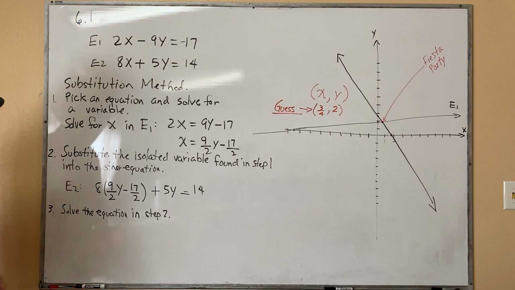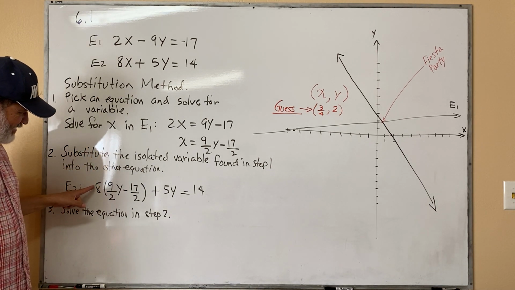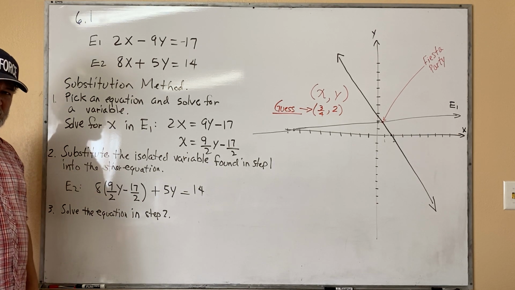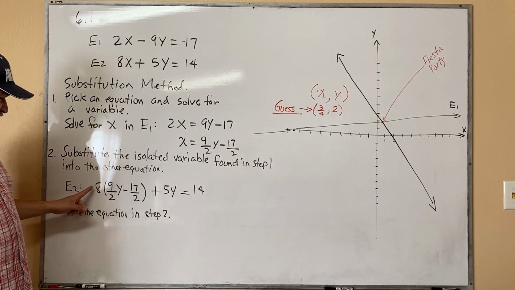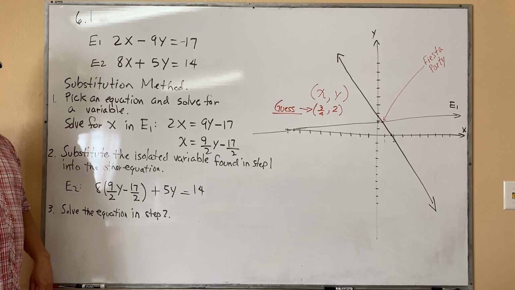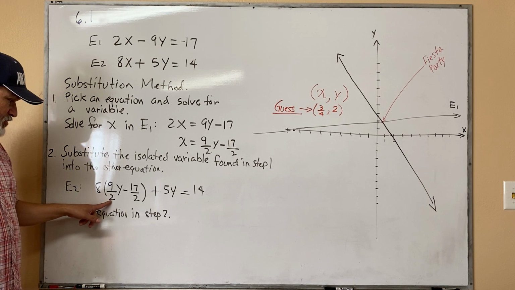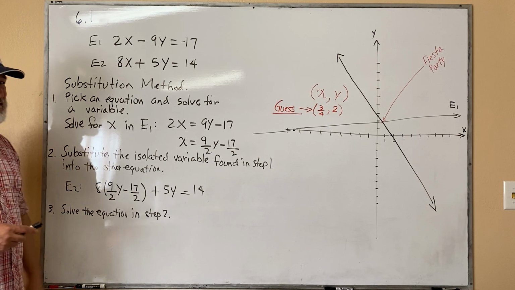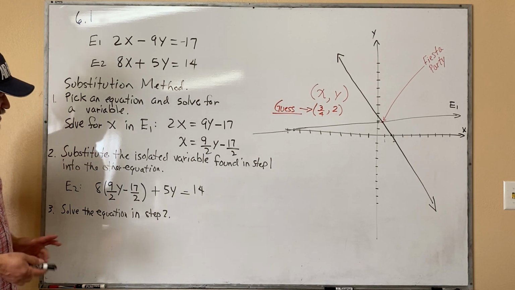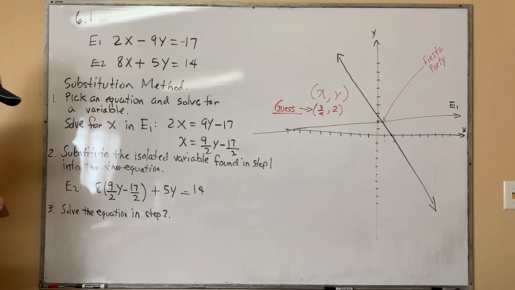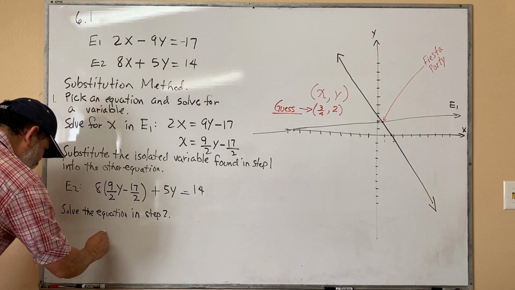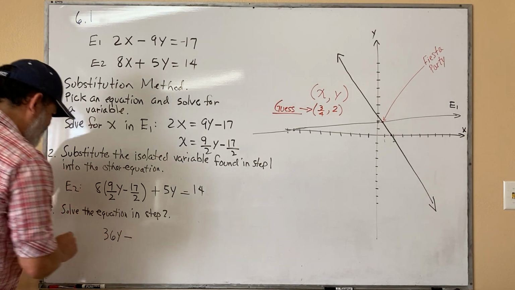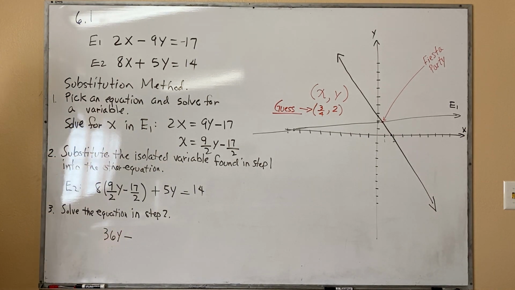Distribute. 8 times 9 is 72. 72 divided by 2 is 36. 36y. So this is 36y minus,